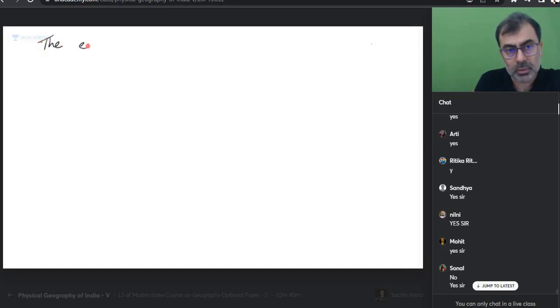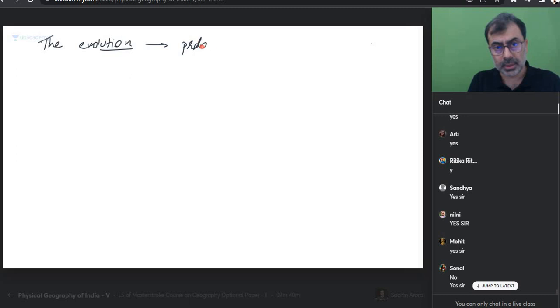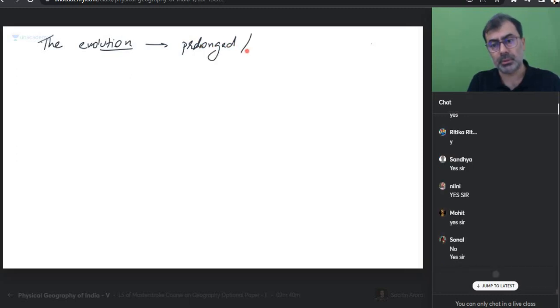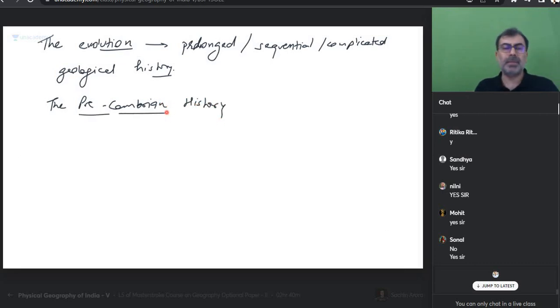The evolution of peninsular block has a prolonged, sequential, complicated geological history. The Precambrian history. Is everyone okay with the word Precambrian now? The Precambrian history